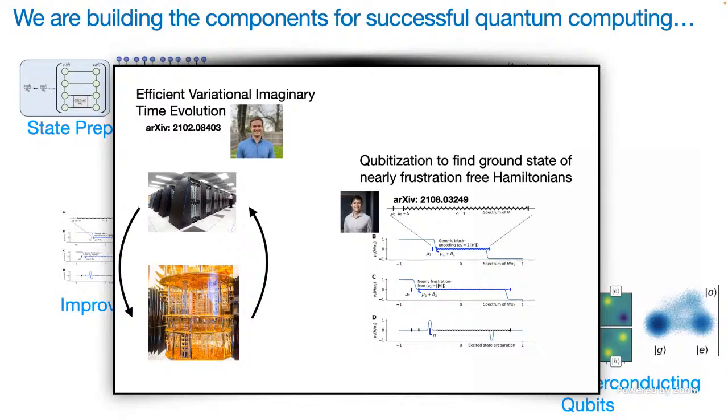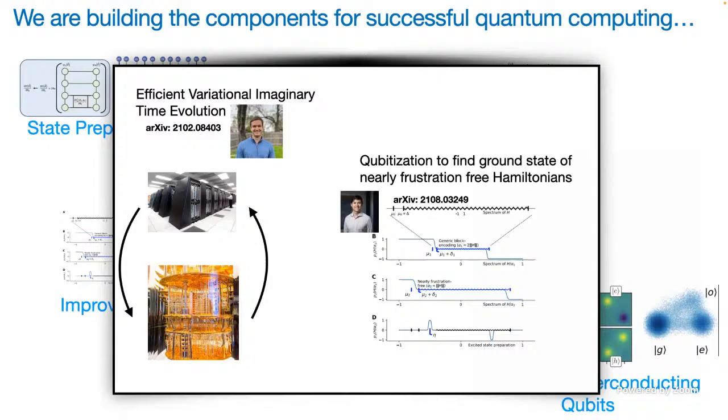The algorithms to get ground state are fine, but not that great. In fact, there's some lower bounds that tell us that for a generic Hamiltonian, you can't really do a very good job to get a ground state. Okay, but we don't actually care about generic Hamiltonians. So we've spent some amount of time thinking, look, suppose you had a special Hamiltonian, a Hamiltonian that we might care about or that has some special properties. So for example, we did some work here on nearly frustration-free Hamiltonians. Could you use quantum algorithm techniques, something like qubitization or quantum phase estimation, to more efficiently get ground states? Okay, and the short answer there is yes.